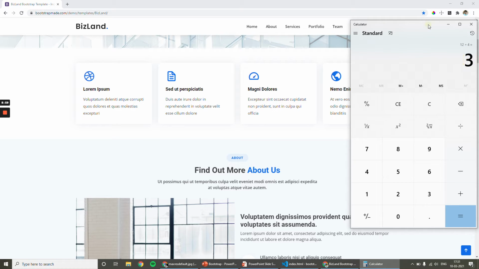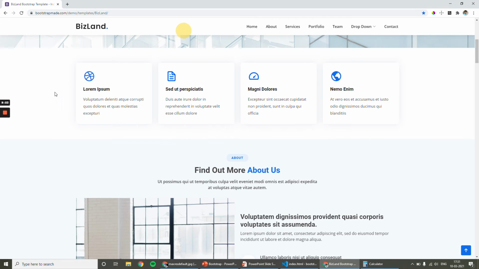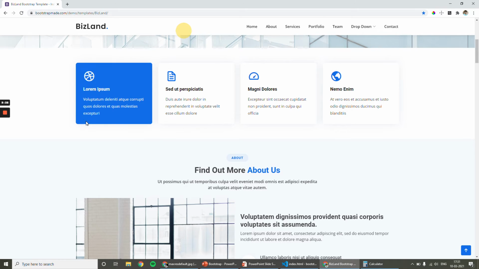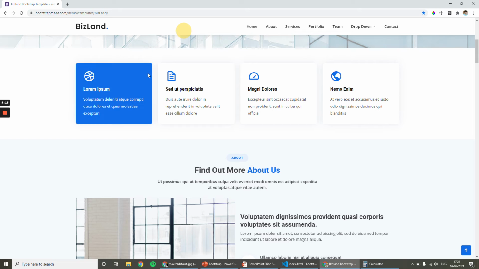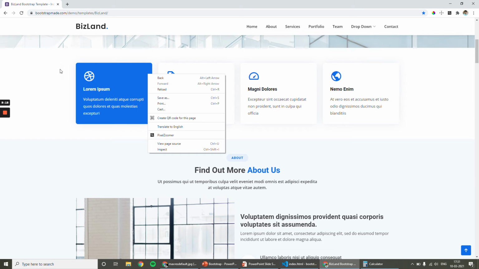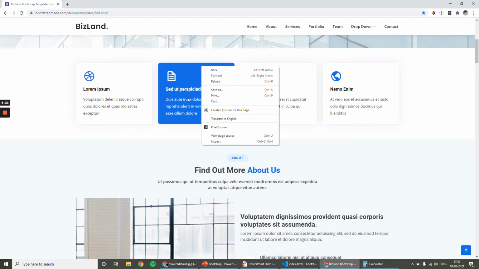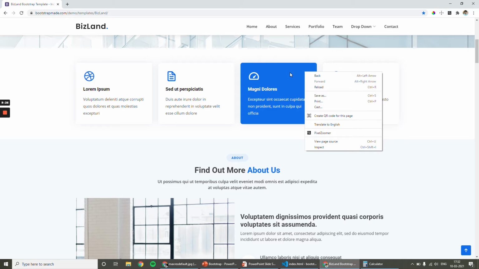There are 12 boxes like this, 1, 2, 3, like this. There are 12 boxes, and I want only 4 boxes. So I will give 3 boxes for each div. For this div, I will give 3 boxes, and for this div, 3 boxes, and for this div, 3 boxes.